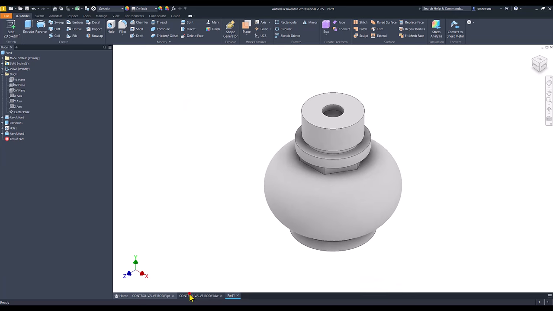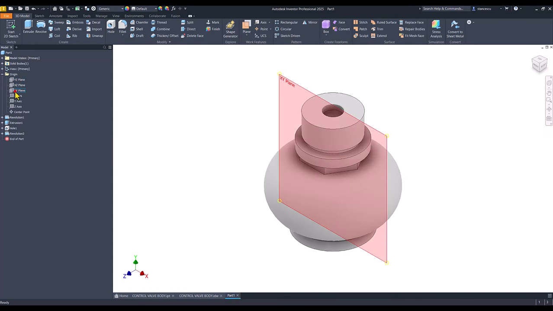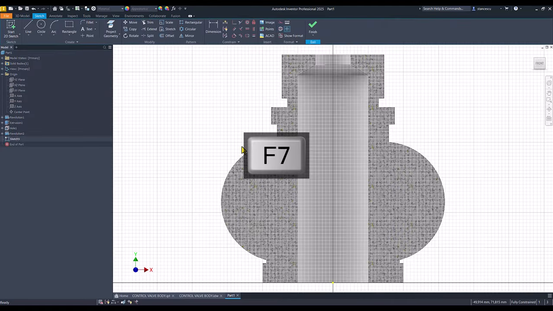Now we deal with the internal volume. This is already placed, so we have 42 with 85 and the other dimensions for this internal contour. We don't apply anything for this hole because we'll use metric 64 with a pitch of 2. The same plane for a new sketch, F7, and